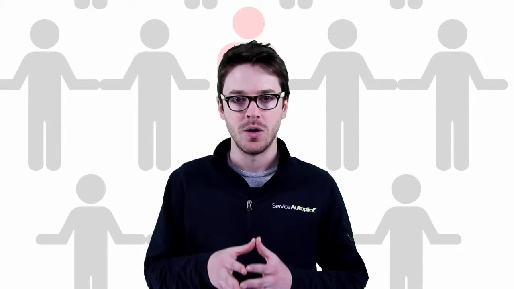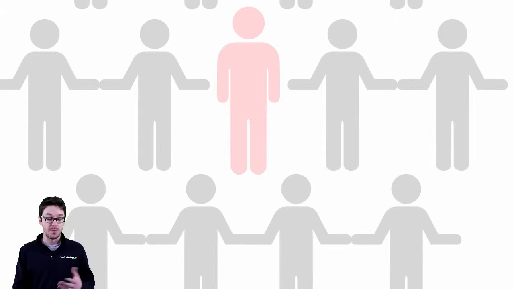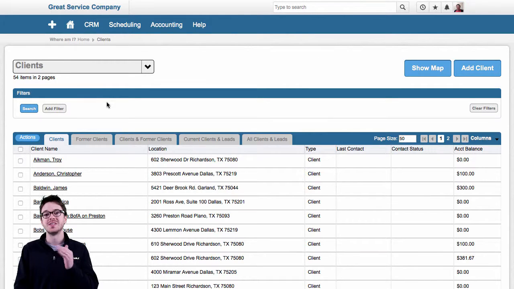So this week I want to show you a couple of newer filters that we've added that you may have not seen up to now and show you how you can use them. So let's dive into the system, and I am at my client list under the CRM menu. From here, the first filter that I want to show you is called Service-Date Range. So I'll click Add Filter,